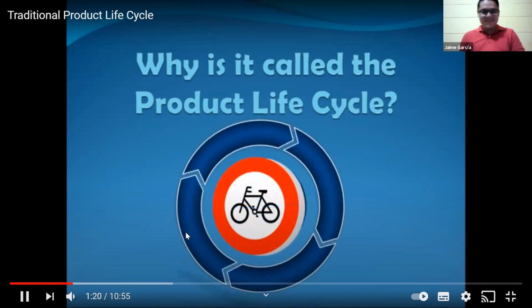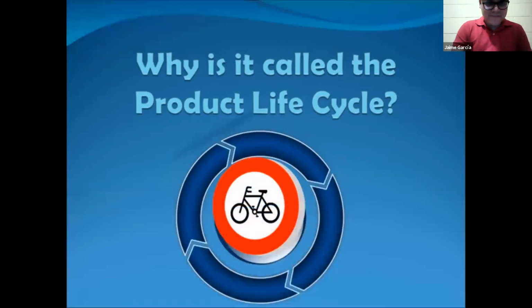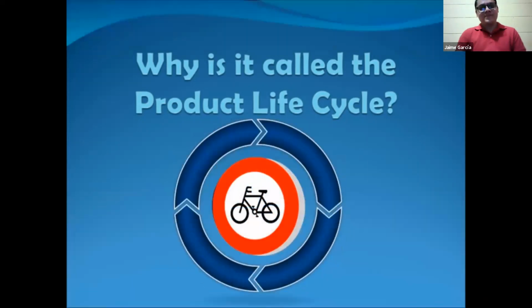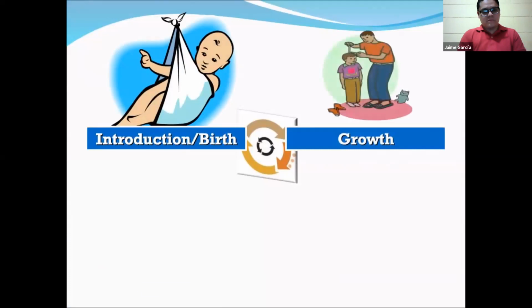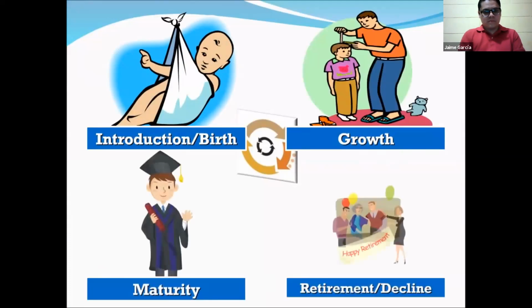Why is it called a product life cycle? Well, think of Simba and the Lion King. The circle of life. Yes, the products go through a circle of life where it begins and it ends, and it will continue and start all over again. And products continue to travel through the product life cycle, and we'll see how they can do so. When it gets to its end of its life, what needs to be done for marketers to continue the life cycle again. So the 4 stages: introduction or birth, growth, maturity,